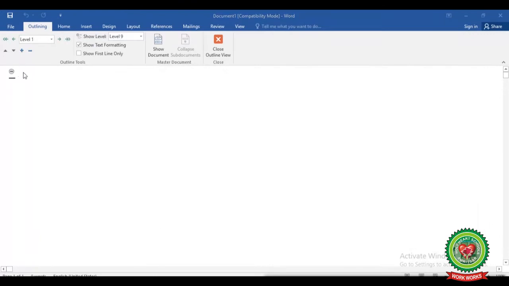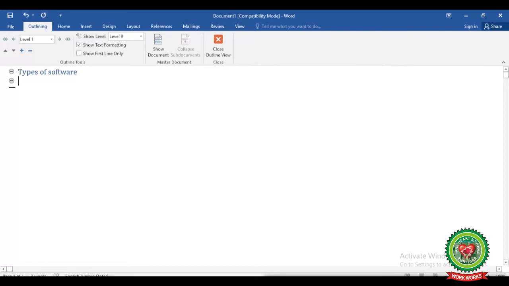Now we have to type the text that we want to display on our presentation. For example, I am going to write here types of software.